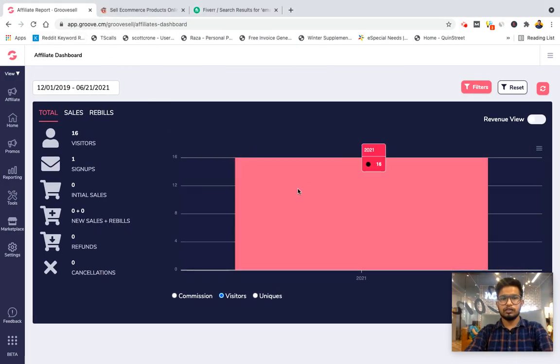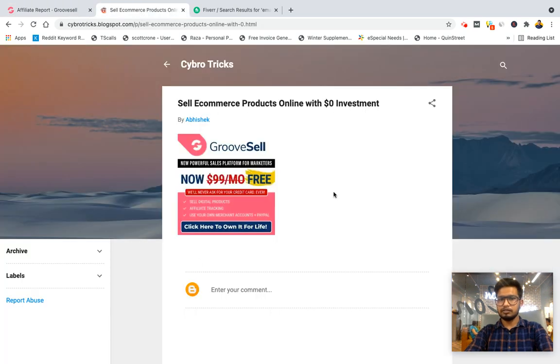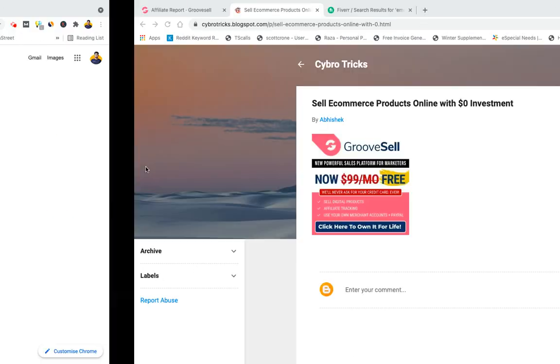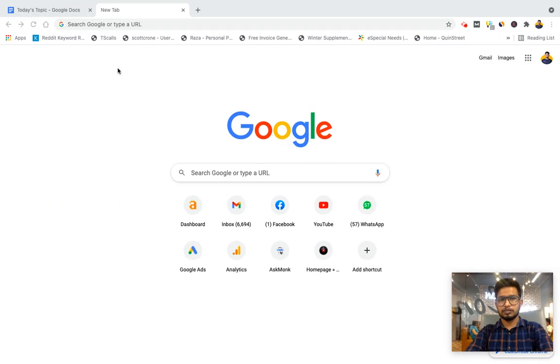I tried to promote GrooveFunnel and I got 16 visitors and 1 signup using this exact trick. I created a simple post on Blogspot and put a banner over here, entered my affiliate link with this banner, and promoted this link with the emails I scraped with a similar method.